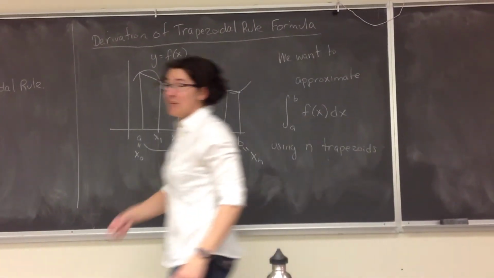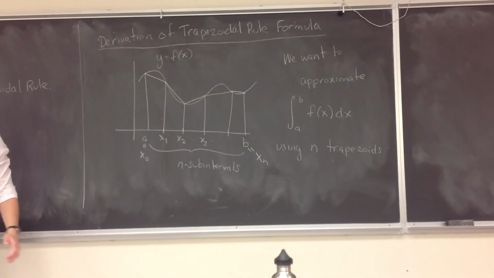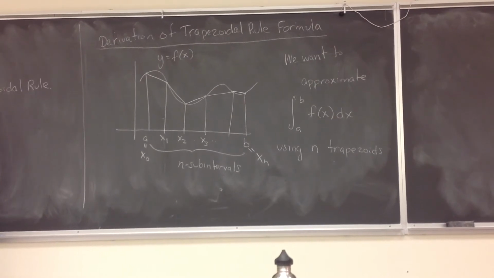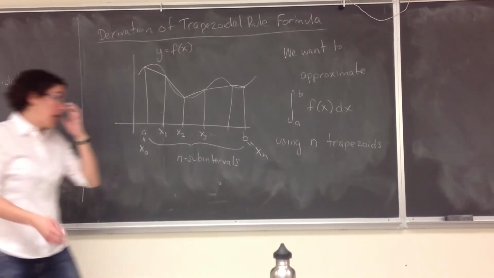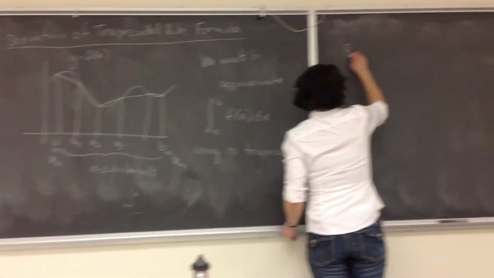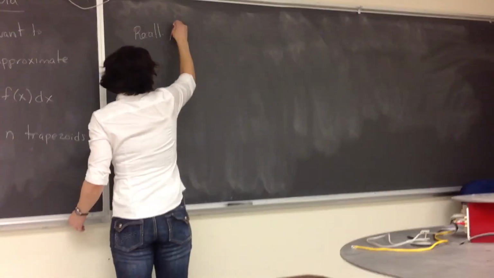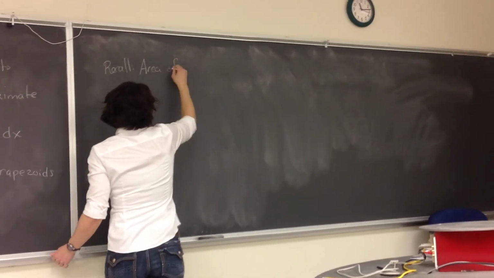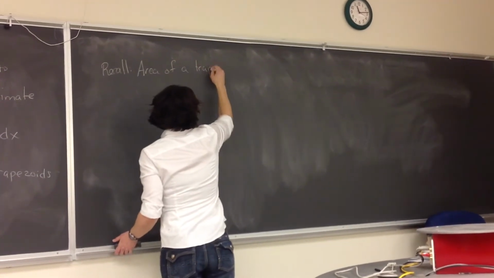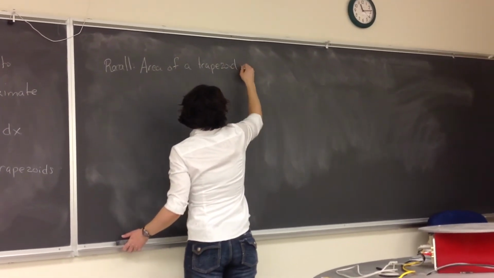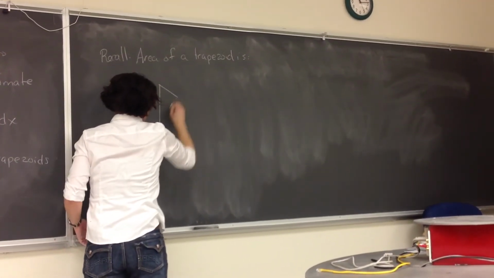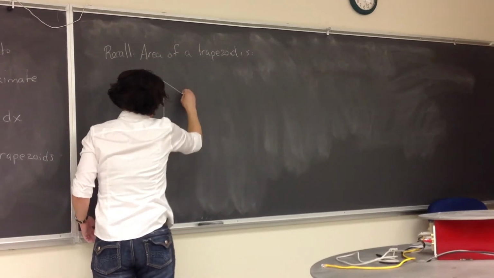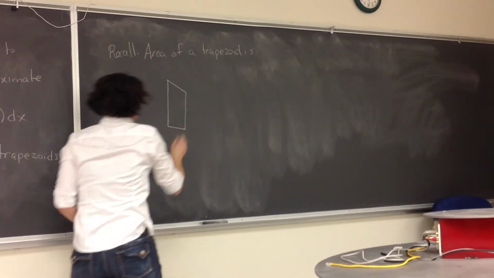Okay, so at this point, I need to know the area of a trapezoid. So I know what the area of a rectangle is. That's easy. It's base times height. But you might want to recall that the area of a trapezoid is, well, if I have a trapezoid that is shaped similar to the types that we have in our picture,